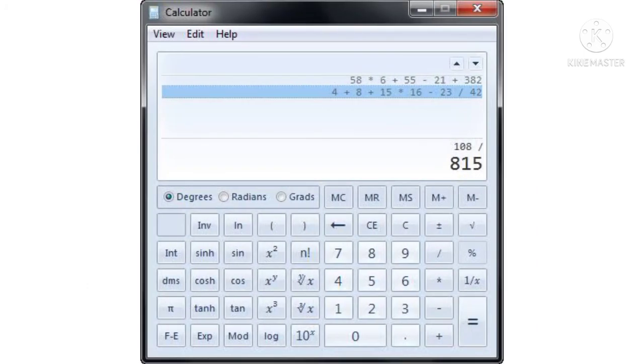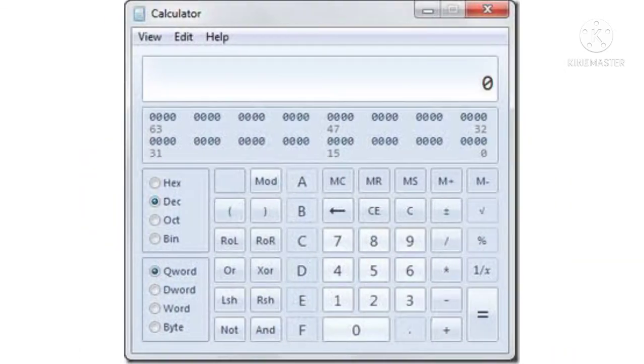Scientific mode of the calculator. The scientific mode is used to perform trigonometric calculations. To use scientific mode, you need to click on the View menu, then select Scientific. Programmer mode of the calculator.